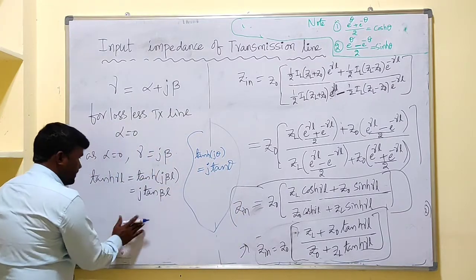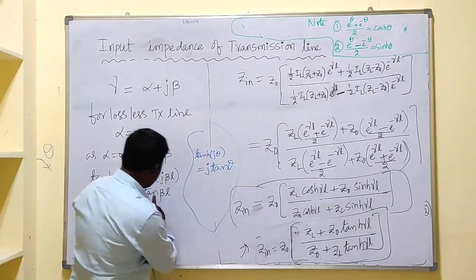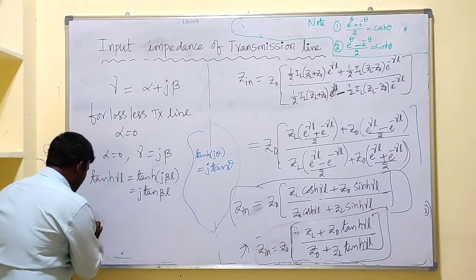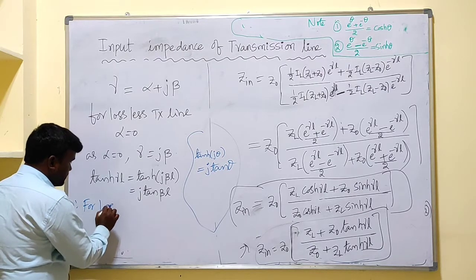So after, okay, tanh γL is this one. So that is replaced with what? tanh of jβL, which is equivalent to j into tan βL. That's why for a lossless transmission line, therefore for a lossless transmission line,